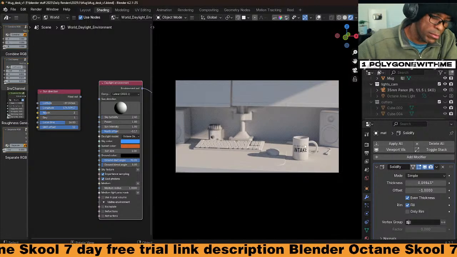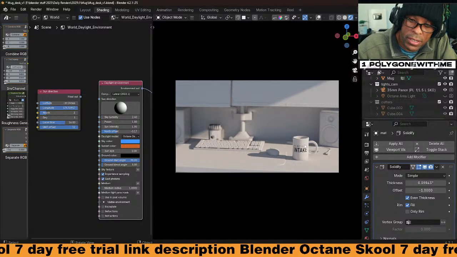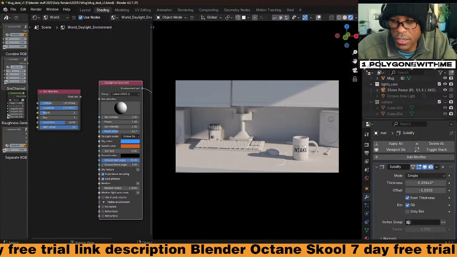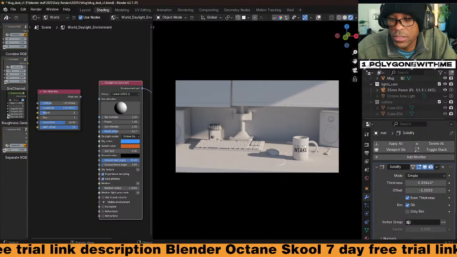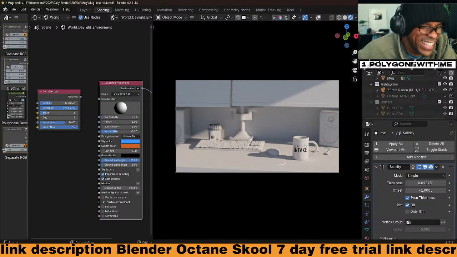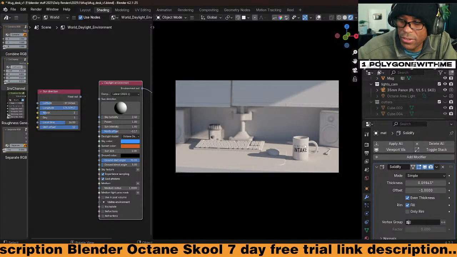I'm really going to work on the mug. I'm not sure if I like that texture on the mug. I might just throw my Blender Octane Skool logo on there or something. Okay, that's it for today, guys. I'm gonna do texturing tomorrow, so tune in tomorrow, probably around the same time, late, or maybe in the afternoon, or just be on the lookout.